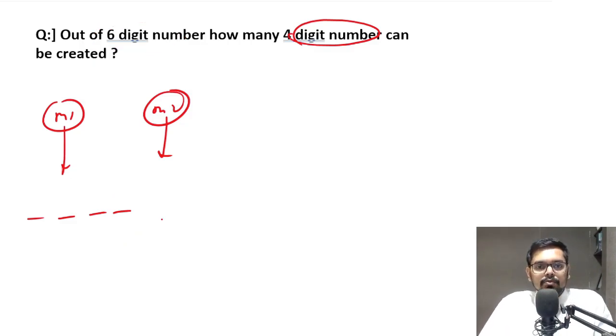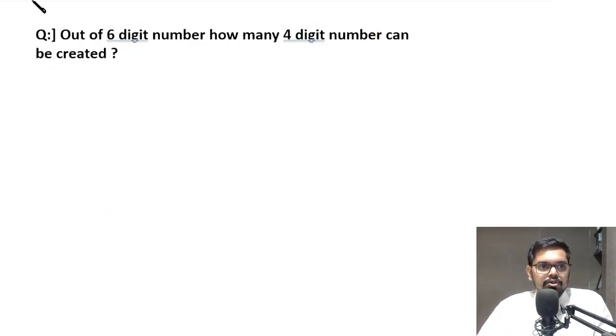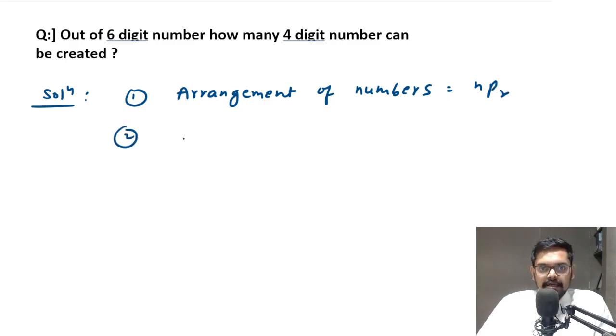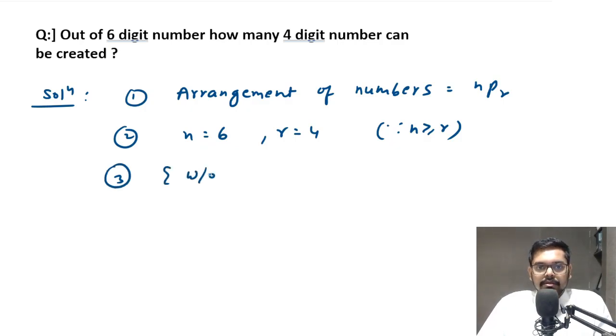But if you use the permutation concept, then how to deal with this question? First of all, in the exam, you have to identify arrangement of numbers, because multiple concepts you will study, so you may have doubts what to use, what not to use. Since arrangement of numbers is going on, permutation would be used, nPr. Now once that is clear, the next question is what are the n and r values? 6 is greater than 4, so 6 would be n, 4 would be r, right? Since n is greater than or equal to r. Now finally we are going to say, since by default things are without repetition,